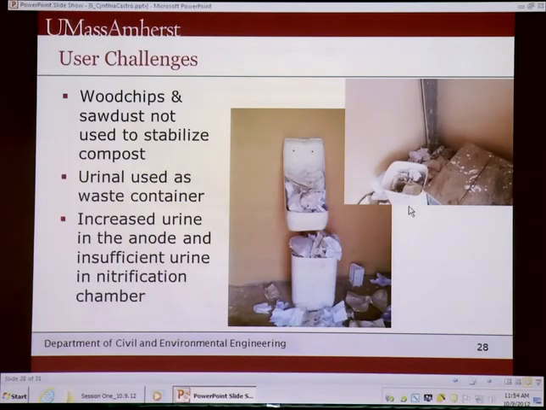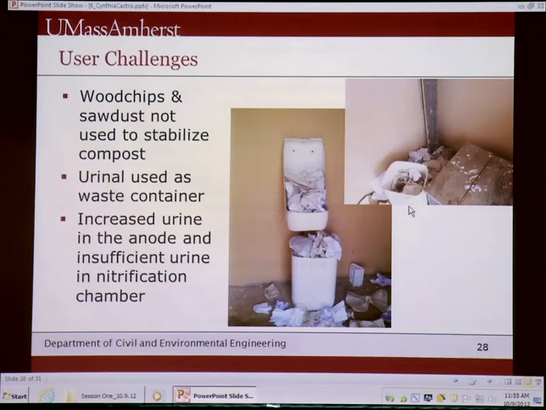So some of the things we asked of the users was to add wood chips, toilet paper, sawdust to stabilize the compost. And as you can see here, they didn't really put it in the toilet. They just threw it in the latrine, and actually I guess they were using the urinal as a waste container. So I'm assuming that most of the boys who would use this urinal were not being able to use that